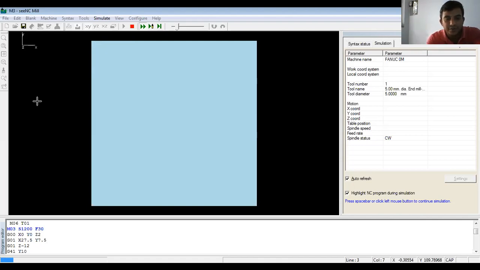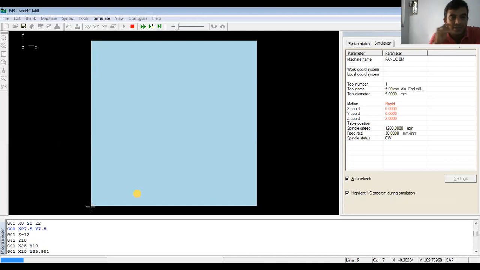Now you can see that if you press spacebar, where is the cutting tool? Home position. Now move the cutting tool from home position to initial location, the origin of the workpiece. Now see the cutting tool comes here. It takes the center of the cutter here. You can see the plus mark where the center of the cutter is.